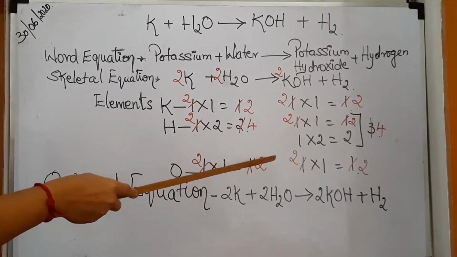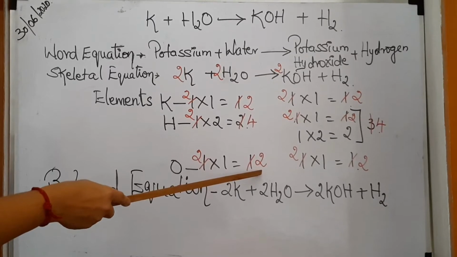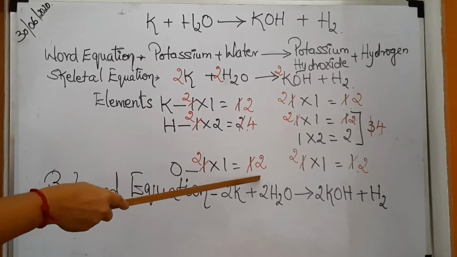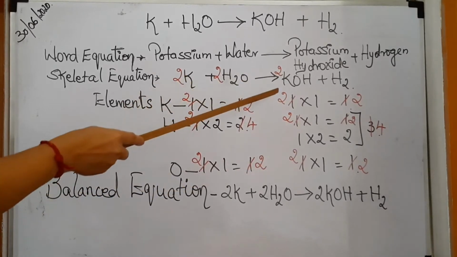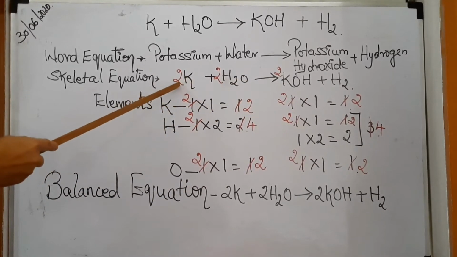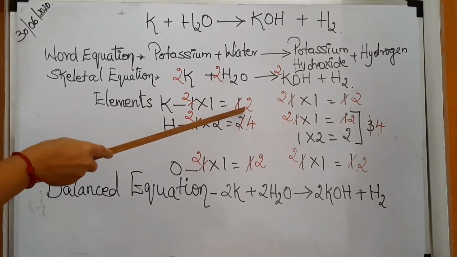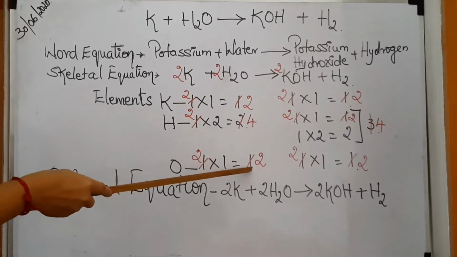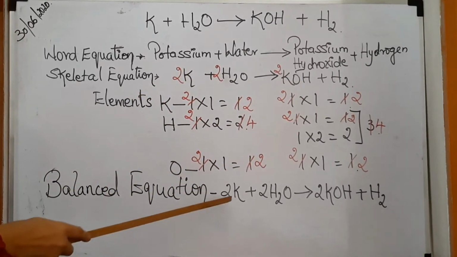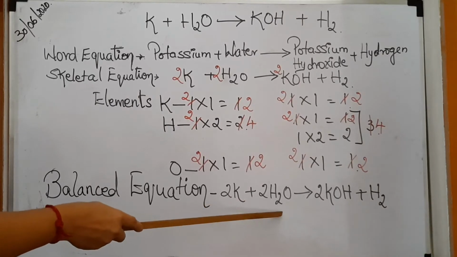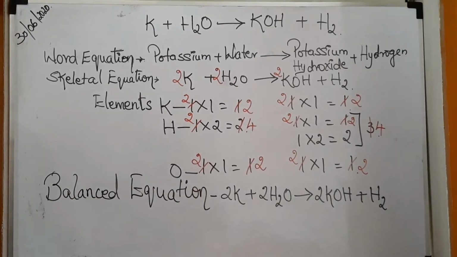Strike with pencil and write, children. That is why I have made a difference here by striking and writing with red pen. Clear? So you also strike and write with pencil. Now, same way, potassium is 2 there. Here also you will put 2 here. 2 into 1 is equal to 2. So is it balanced? Yes? Wow, it is balanced. So now the balanced equation is 2K plus H2O gives 2KOH plus H2 gas, hydrogen gas.